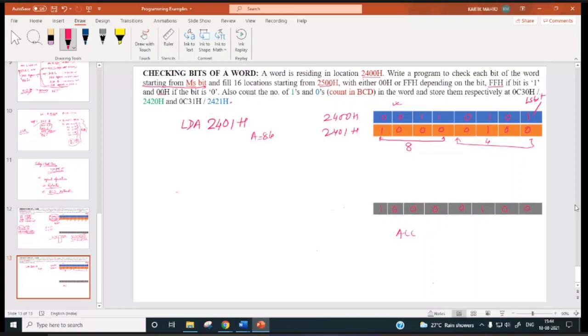Now if we have to check this MS bit, then we have a rotate instruction, RAL.